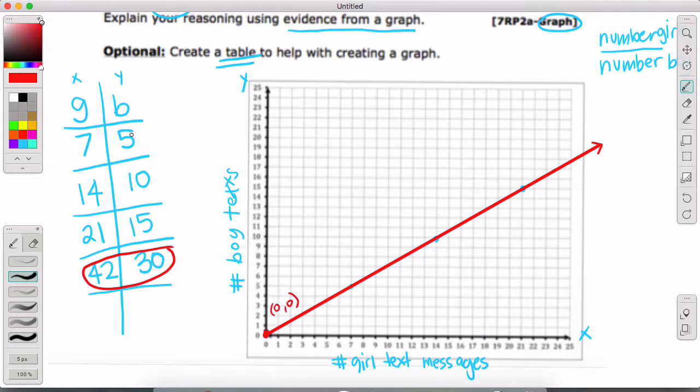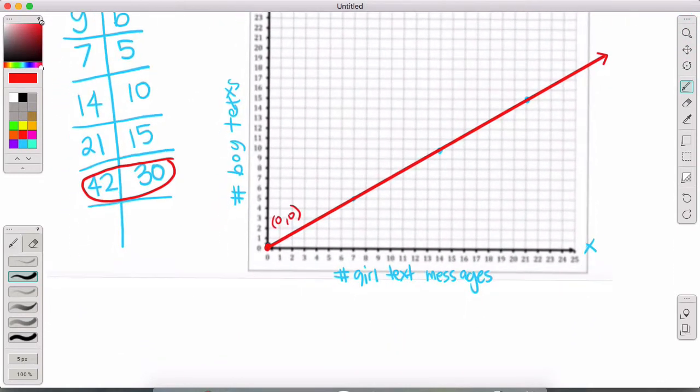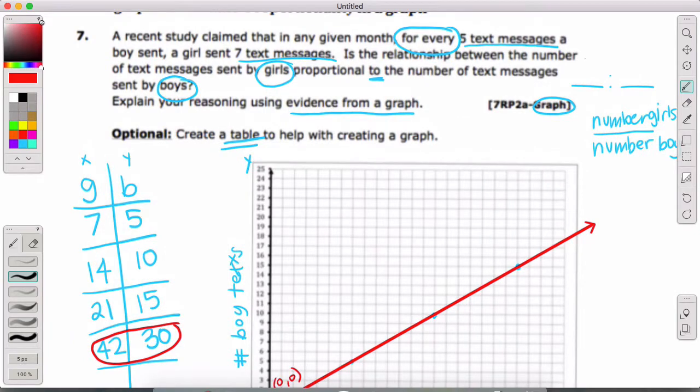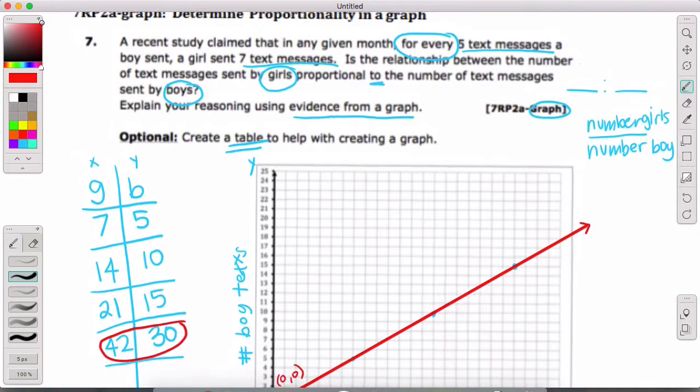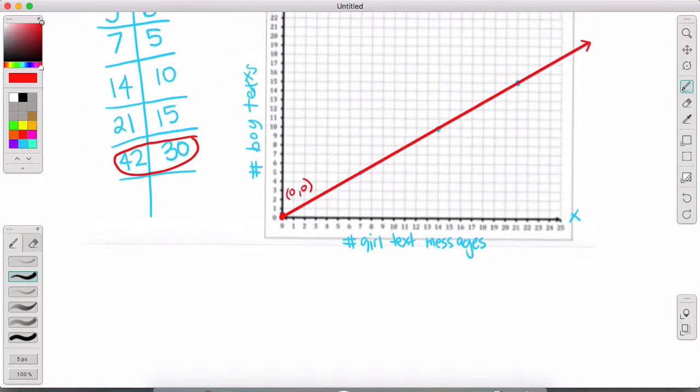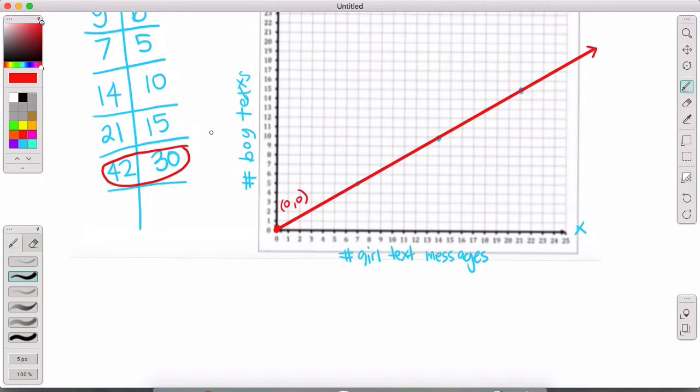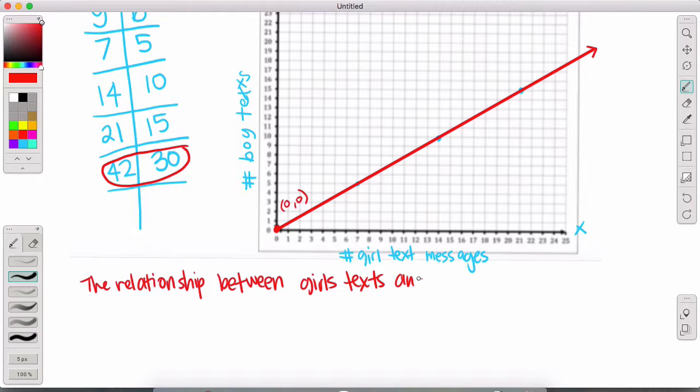So if I were to write an explanation, what would that explanation be? I'm going to scoot down here. Let's double check the question. It says, is the relationship proportional? Explain reasoning using evidence from the graph. So I can't use the evidence from my table. I have to explain from the graph. So I'm going to say the relationship between girls' texts and boys' texts is proportional